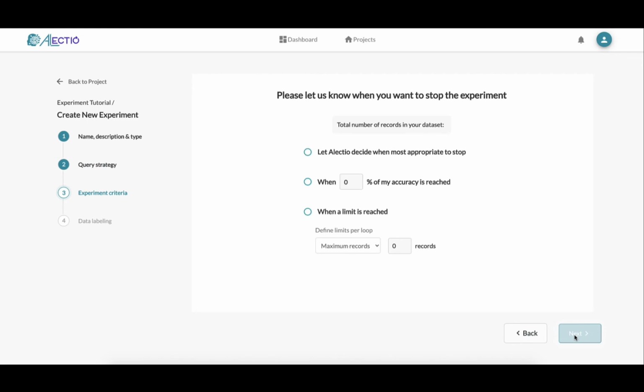So here, because these are experiments, we will run through several loops as your model gets trained. So you can choose from all these different criteria on how that experiment actually functions. As always, if it's your first time, we recommend you letting Alectio decide when it's most appropriate to stop. Essentially, once we reach diminishing returns and adding more data to the training process is not going to improve your model, we will stop. You can also set a particular accuracy threshold. That's this one right here. Obviously, you just click this radio button and then you